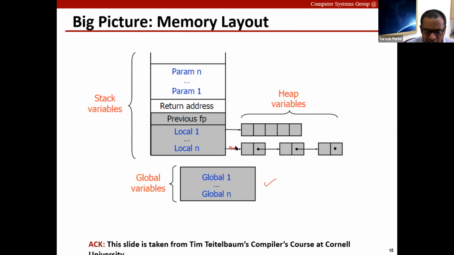Then the local variable is destroyed because you return from the function and it is no longer there. You lost track of it, and this whole linked list is dangling in the heap memory, and you don't know how to release it because you lost the handle to it. These kinds of things lead to memory leaks.